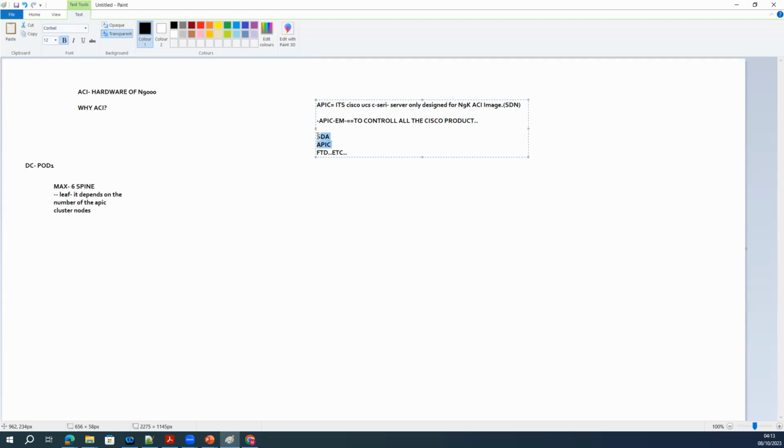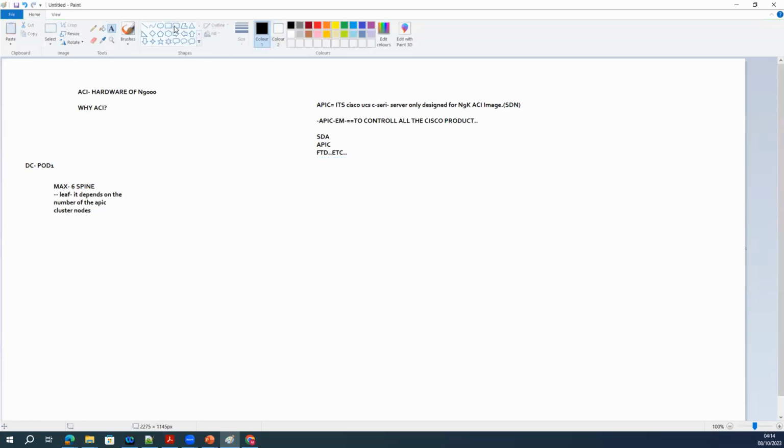I have an orchestrator on top of the SDN where you can deploy the master SDN device, and that master SDN device can control these SDN controllers. Okay, that's what we call UCS Director. That's the orchestrator solution. It means it controls all the solutions.